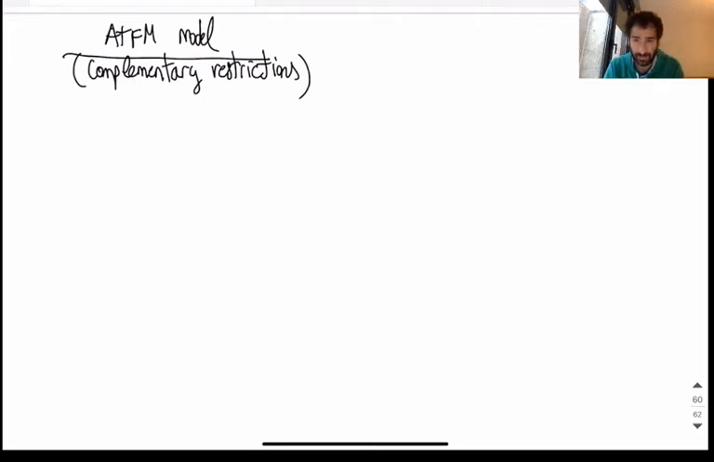Hello everyone. In this video we will complete all the restrictions, or the constraints, for the air traffic flow management optimization model. In this case, these are complementary restrictions. The first one has to do with the